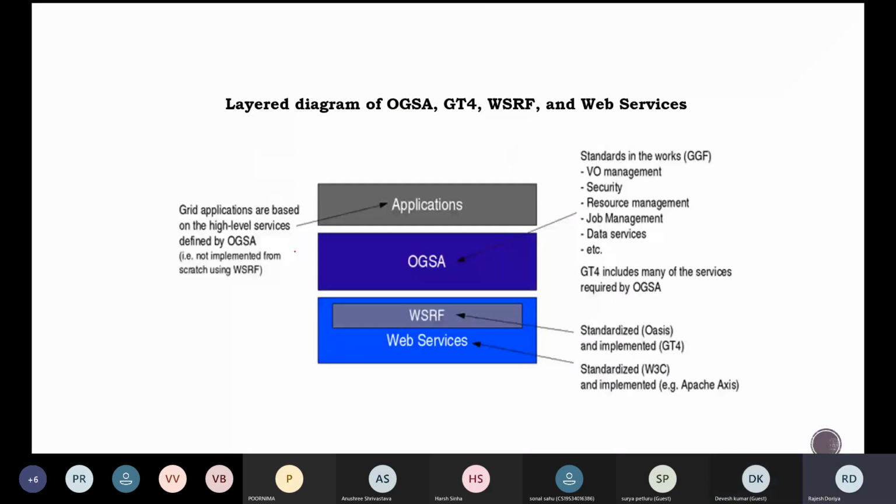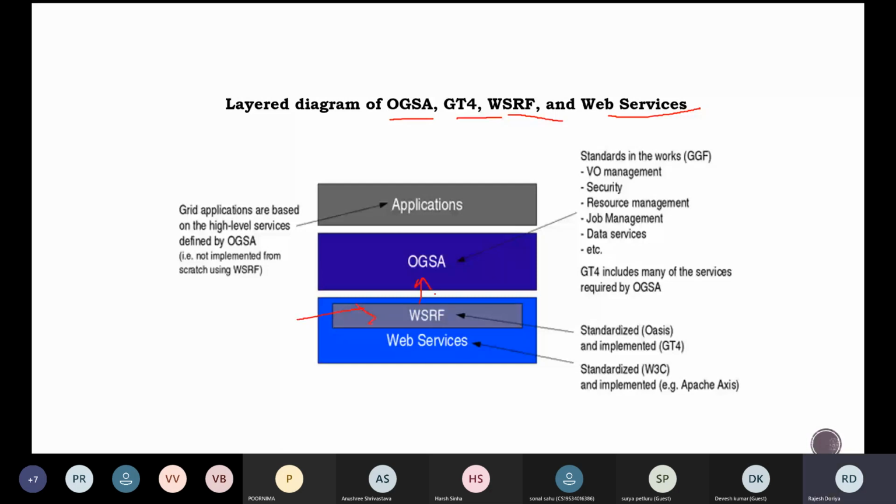If we talk about the layered hierarchy of all these four, OGSA, GT4, WSRF, and web services, at the bottom we have web services, as mentioned. In order to make them stateful services, we place the Web Service Resource Framework on top of this. This helps us provide stateful web services. The moment we have stateful web services, we can talk about OGSA.